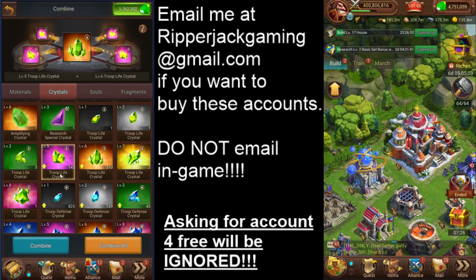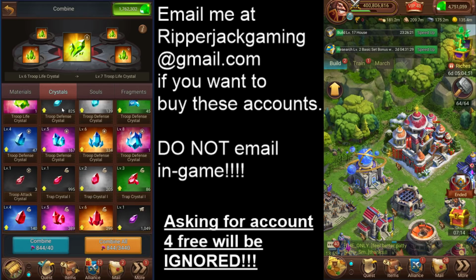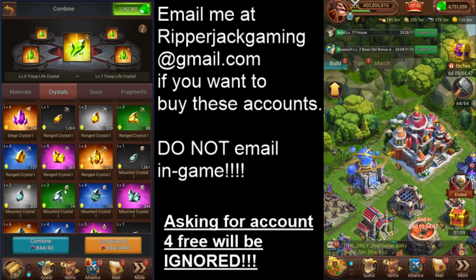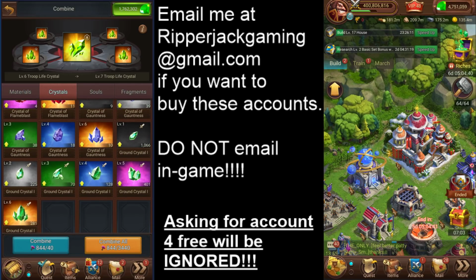All right, I'm just going to go to 6, because I know when you go above 6, then it costs these hammers, and I don't know what someone would want to do. So you have 345 level 6 Troop Life crystals. So there's lots of crystals here. The one thing I'm not going to show is research force, because whoever buys the account, I don't want other people to know